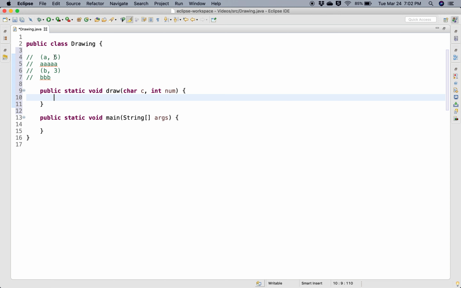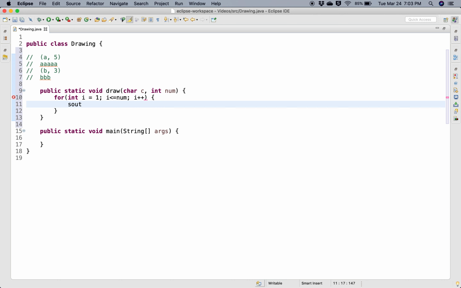Now, if you pass it the number 5, it means you're going to do something 5 times, or 3 times. So we need to do a for loop that's going to iterate num number of times. And then in each iteration, you're just going to print the character. So for int i is 1, i is less than or equal to num, i plus plus, I'm going to print the character